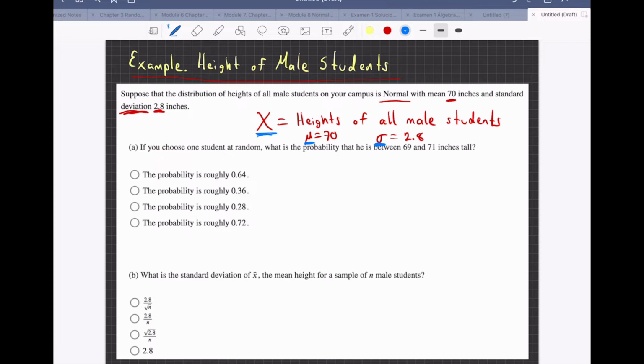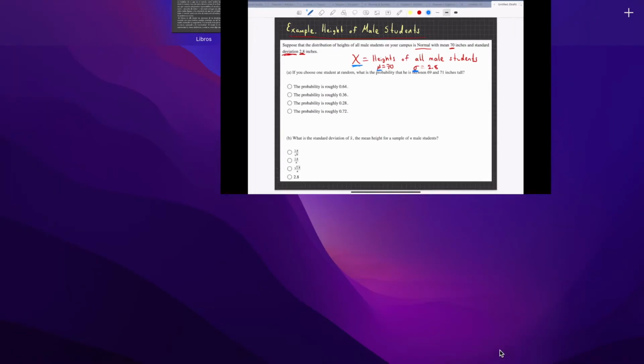First, this is asking the question, if you choose one student at random, what is the probability its height is between 69 and 71 inches? For this, we don't have to do anything new by now because this is only a question about x. So go to Minitab,